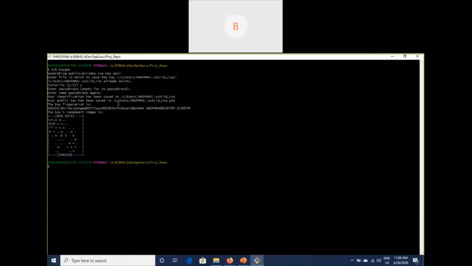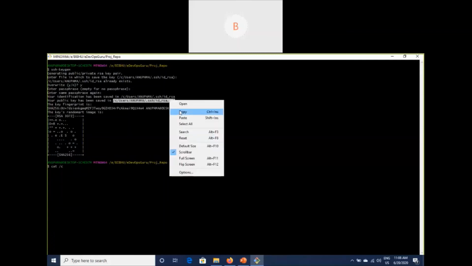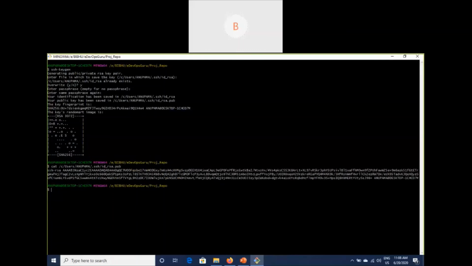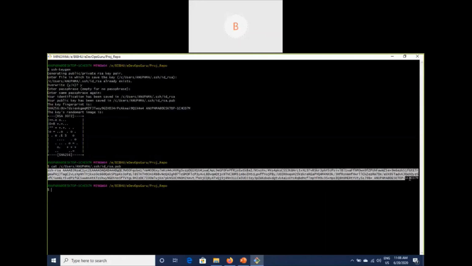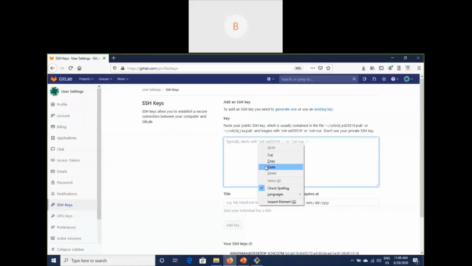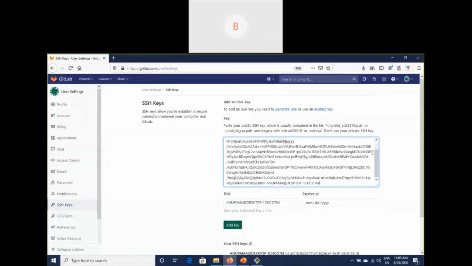You simply open this file. You got this key. You simply copy this and add it in your account. Remember, this also should be there in your key, and add key.